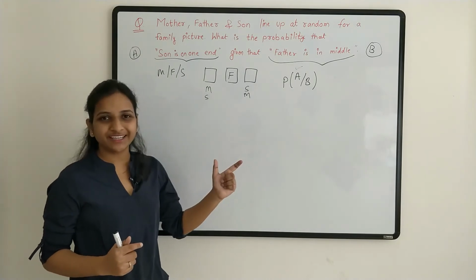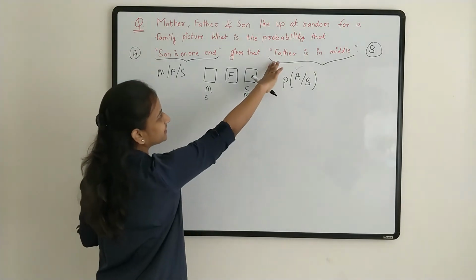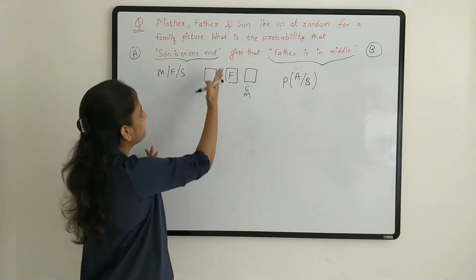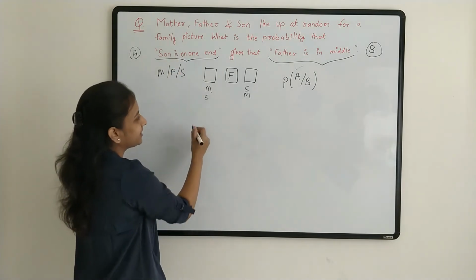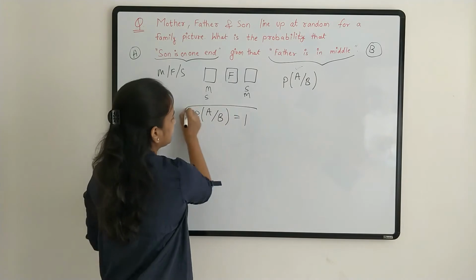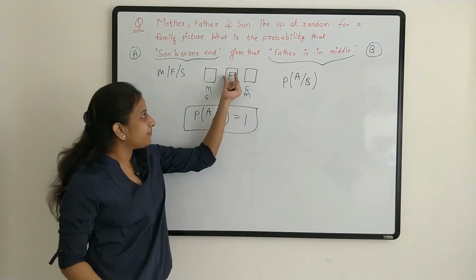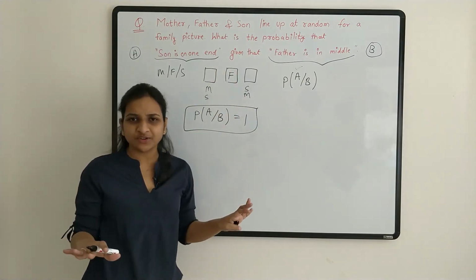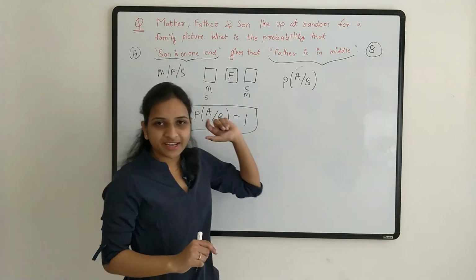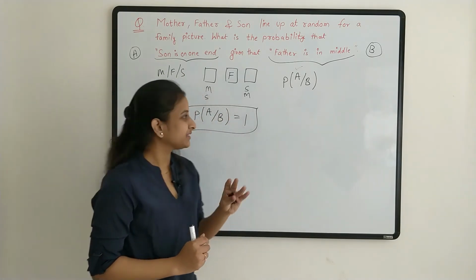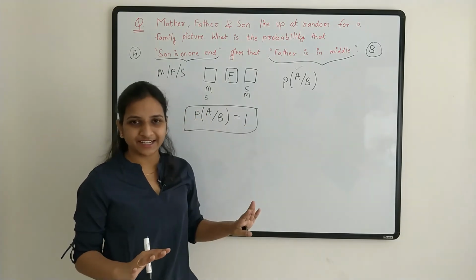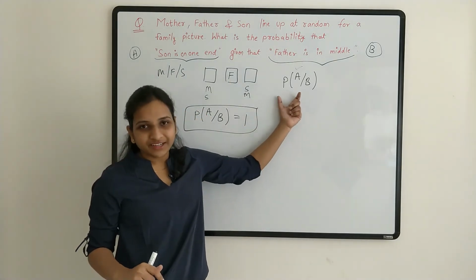Because it's a short thing. See, this thing is already given, so we have put it. Father is in the middle. Then we have found the probability of this event. So probability of A will be 1, because B has already happened, father is in the middle. Then the middle position is gone. Son will be here or here, whatever it is. He will be on one end. So probability will be 1. This is the easy trick. For some questions we can solve the questions directly. Now let's solve this with the traditional way.